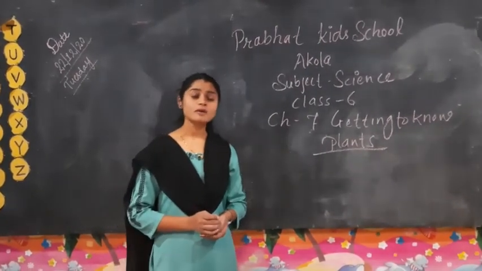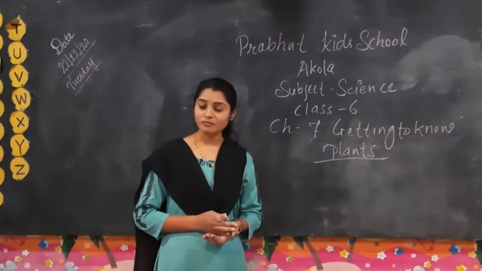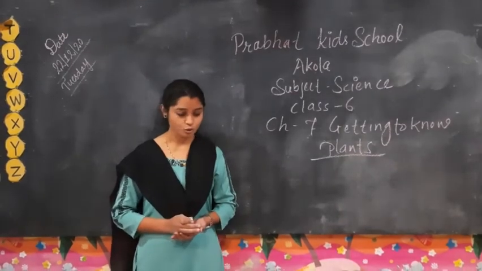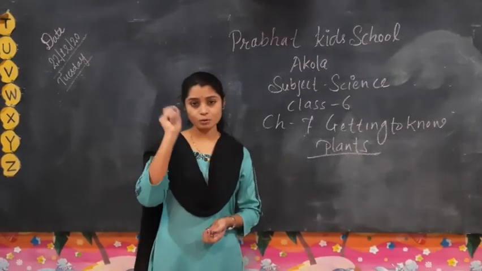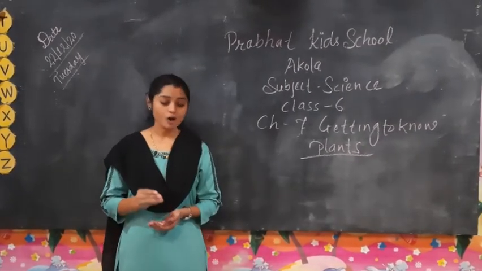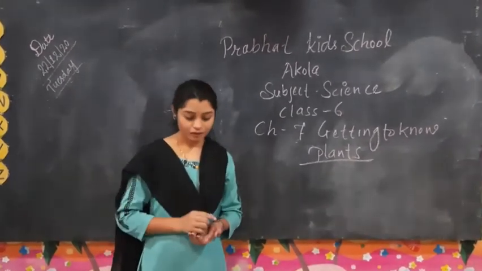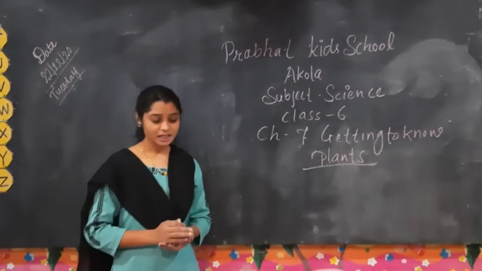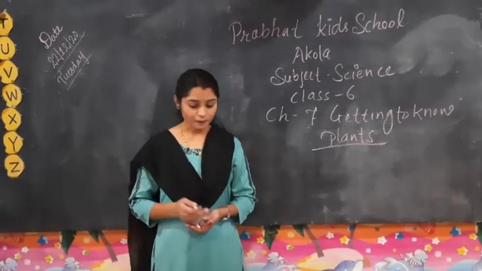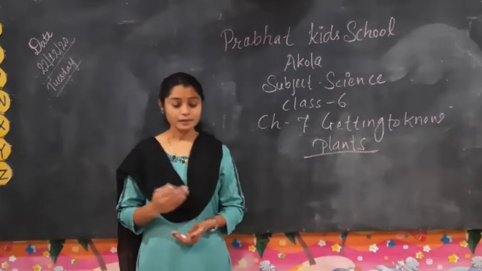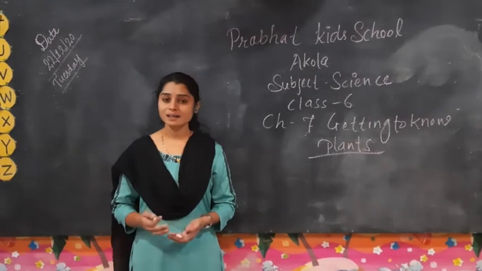Now in the last video, we already explained the types of venation, the reticular type of venation and the parallel type of venation also. So reticular type of venation, if we discuss the leaf of China rose, in that leaf the veins form a net-like pattern on the lamina of a leaf. That type of venation we can say is a reticular type of venation. So many examples are there. If we talk about the leaf of mango tree or cabbage, lemon, these are all examples of reticular type of venation. Now what is a parallel type of venation?